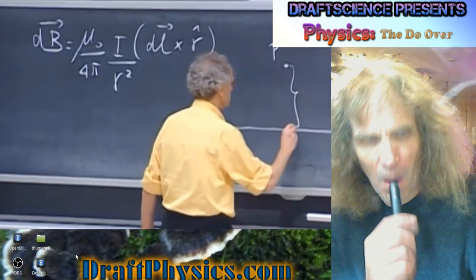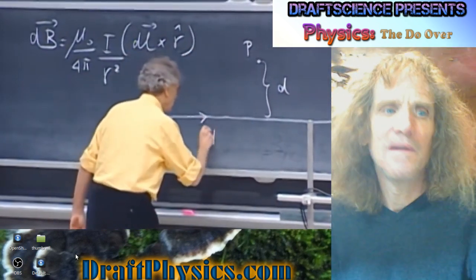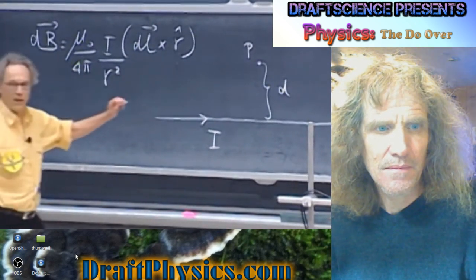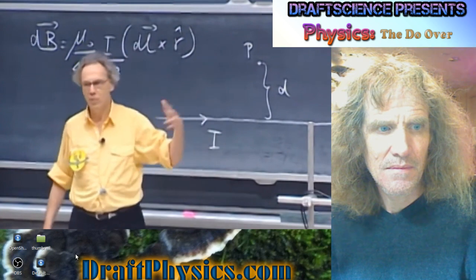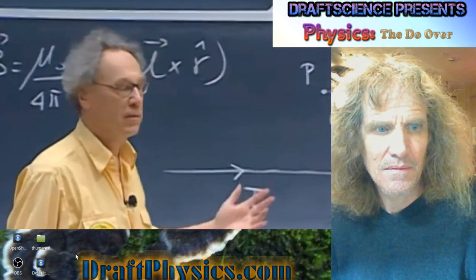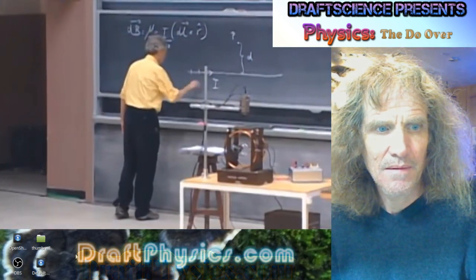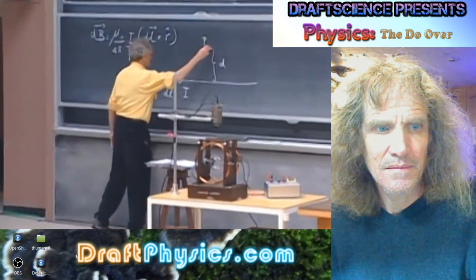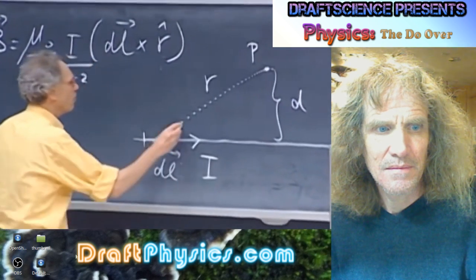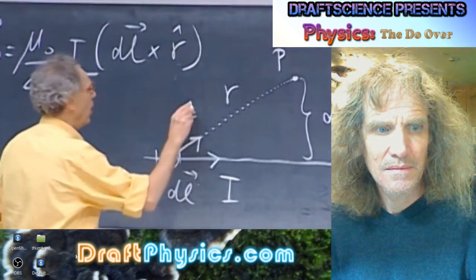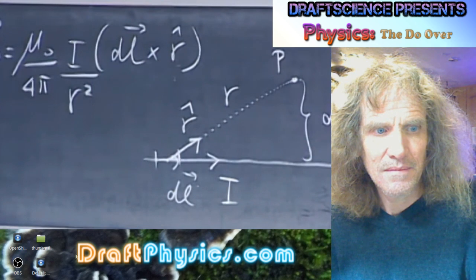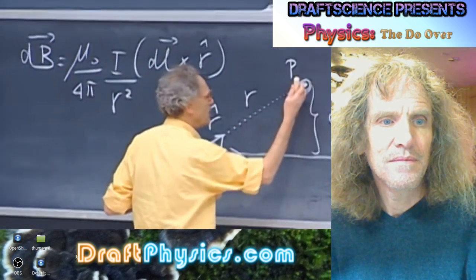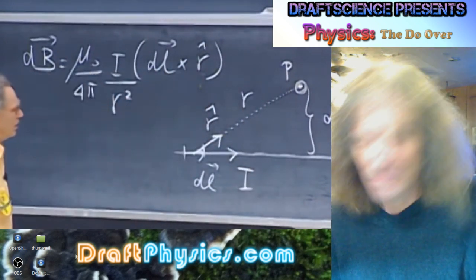We have point P here at a distance d from a wire, and the current through the wire is I. If you want to know what the magnetic field at P is, you can use Biot-Savart. It would be a stupid thing to do, but you can do it. You take then a small element dl here of the wire. This distance is r. This is the unit vector r that you have in this equation. And you can calculate then what the contribution to the magnetic field right here is. It comes out of the blackboard due to this section dl.